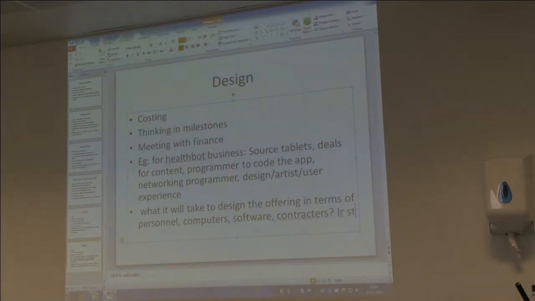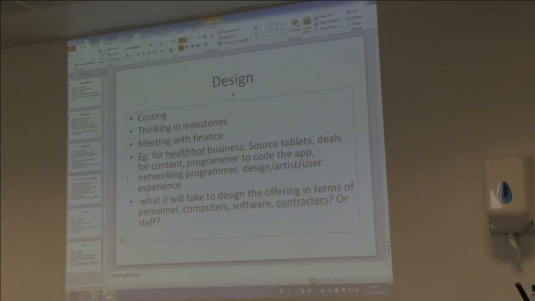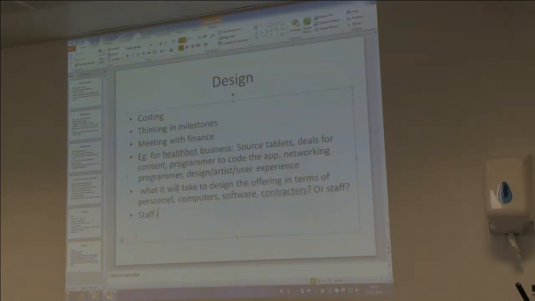Or staff. Now, even if they're the staff, the staff is usually overhead. So staff is usually part of overhead. So the design budget is for